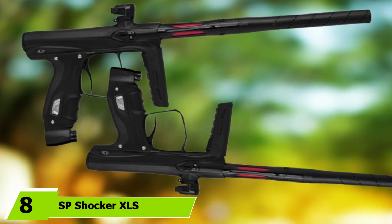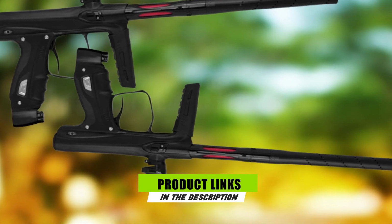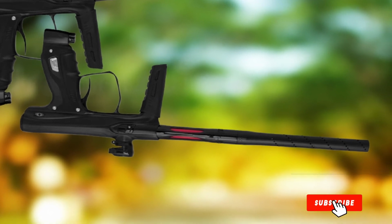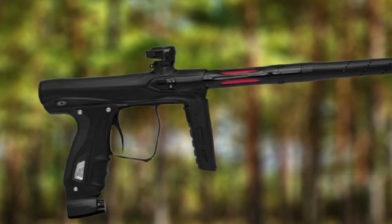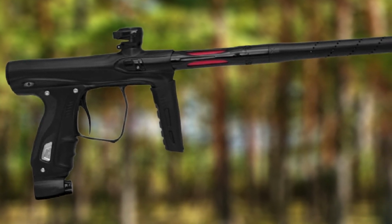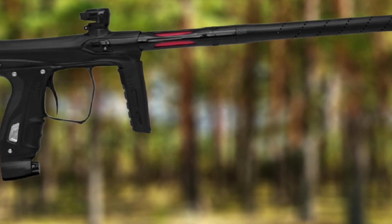Never before has the process of choosing an entry-level tournament marker been such a daunting task. With so many great options around the $750 to $1,000 price range, it's virtually impossible to choose a bad paintball marker. However, if I had to choose between any of the entry-level tournament paintball guns currently available, I would choose the